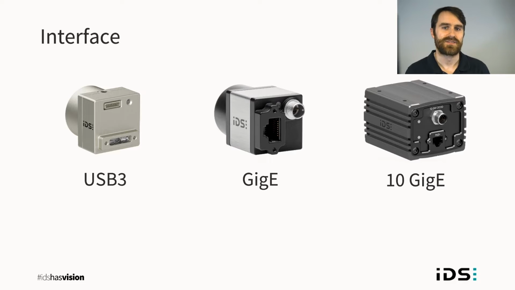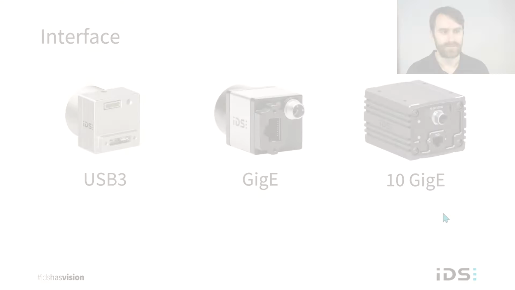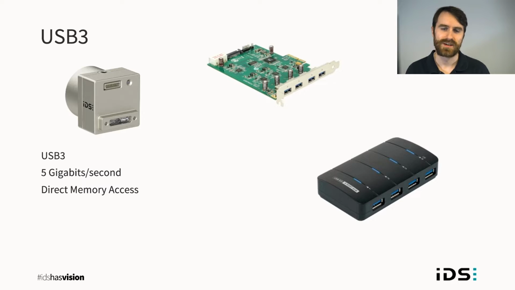With IDS cameras, we can consider 3 different interfaces for multi-camera systems, and each have their advantages and disadvantages. So USB 3's strength relies on its simplicity. You plug in a camera and it works. And 5 gigabit USB 3 has come a long way in terms of robust components and cabling, interface cards, and hubs. And general PC improvements have made it easy to find quality USB 3 components. That allows USB 3 to be used for multi-camera systems quite well. But we still need to consider the quality of those components a bit more than the other interfaces.